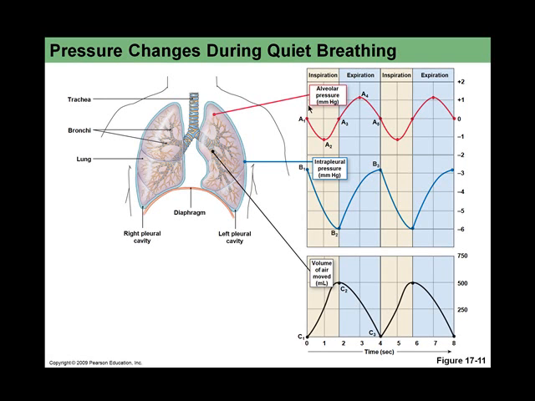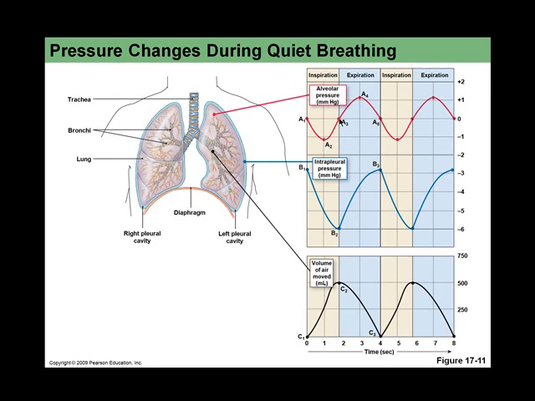So let's come all the way up to alveolar pressure then and relate it to the intrapleural pressure and keep track of our flow in association with that. So in the first second of inspiration, we can see that the alveolar pressure goes from 0 to a negative 1.1, let's say,